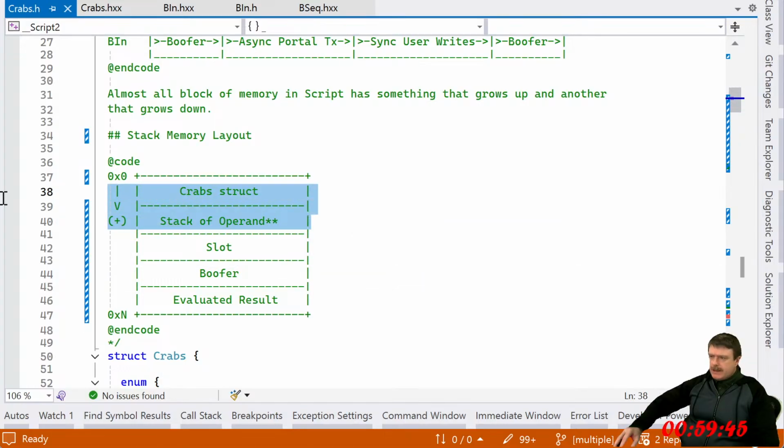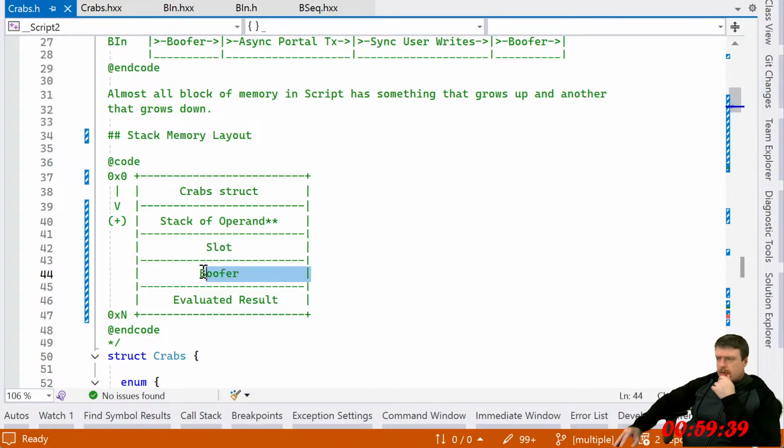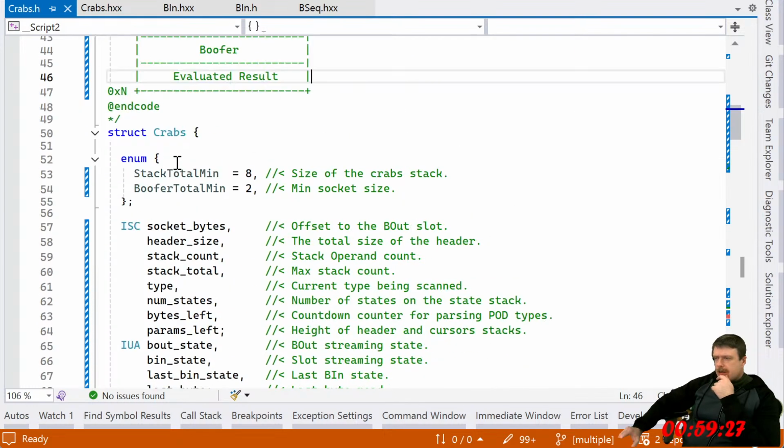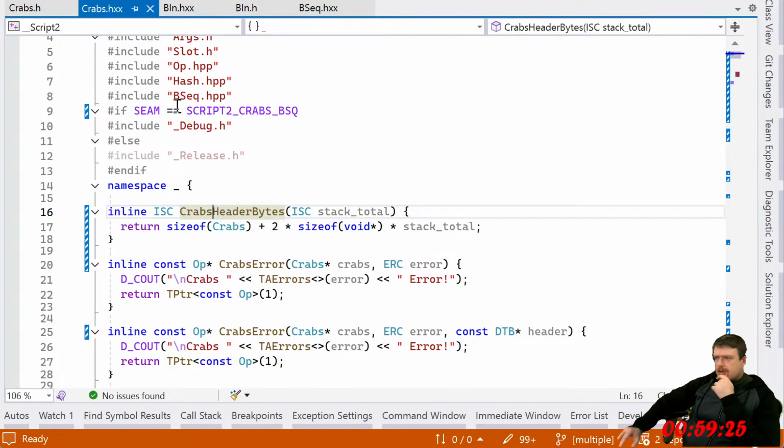So what is this, the header? A slot. Stick it in a buffer. And then the evaluated result. So why am I calling this the header size over here? 2 times void star times stack total.